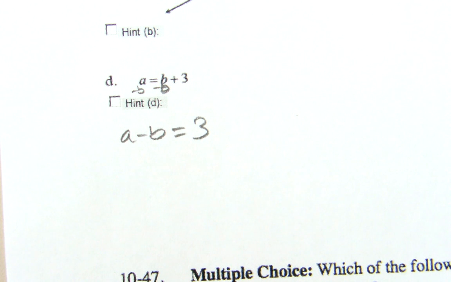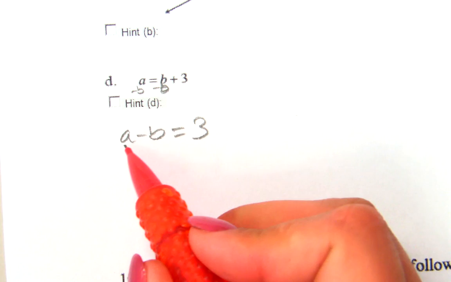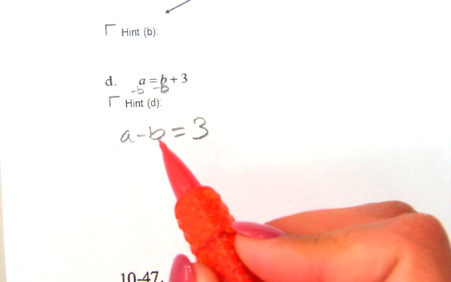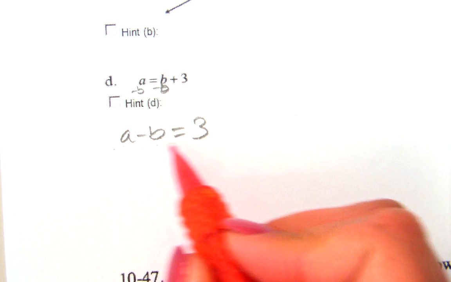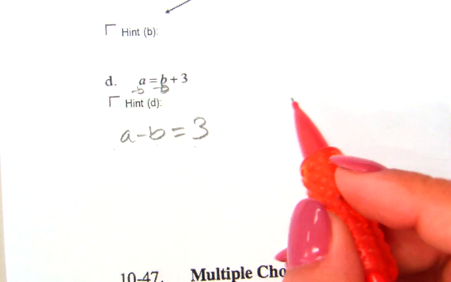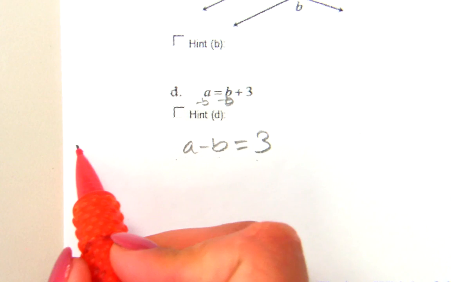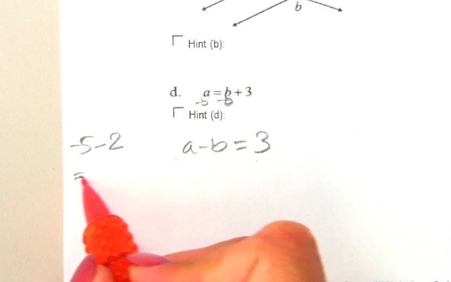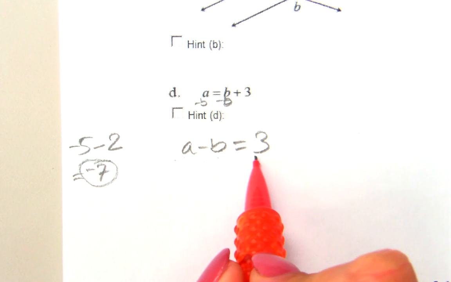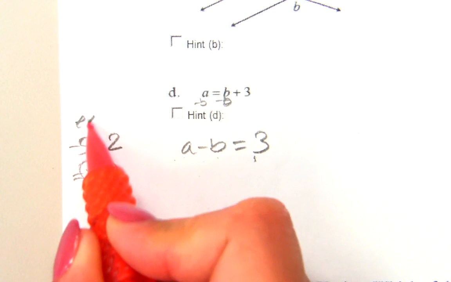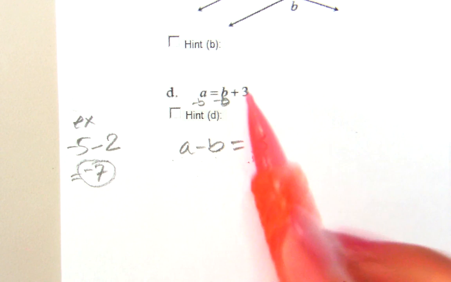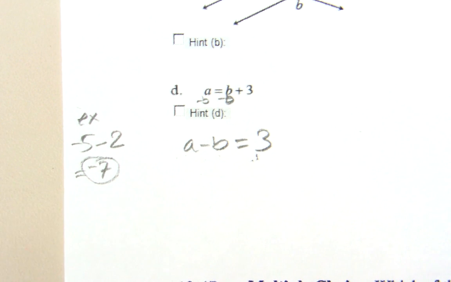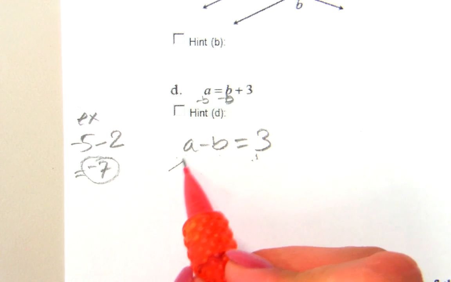A cannot be negative, because if I subtract a positive number from a negative number, I have to have a negative as a result. You can see that with something like negative 5 minus 2, that would give me a negative 7. And I know 3 is positive. This is just an example. 3 is positive, so that would mean that A has to be a positive